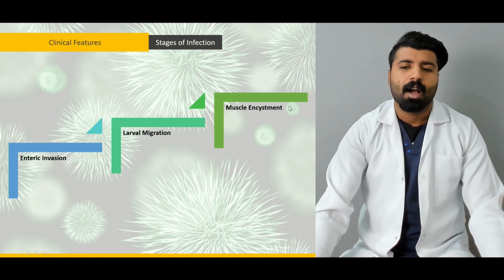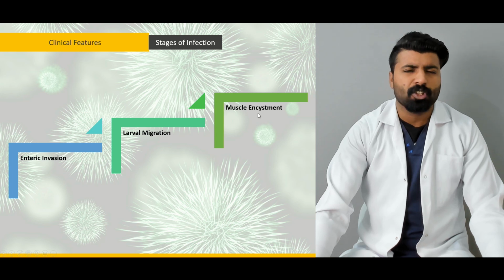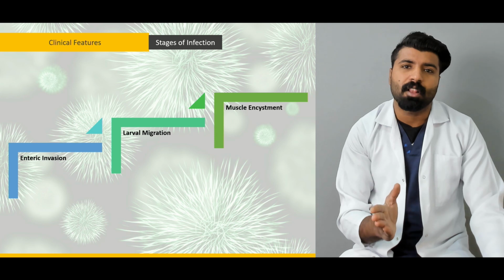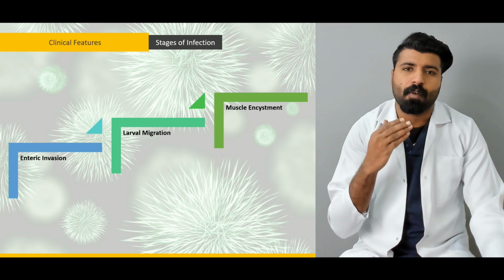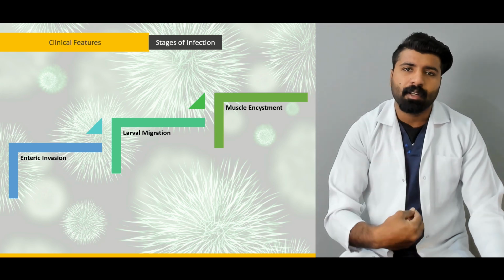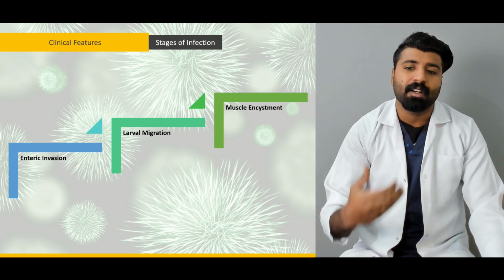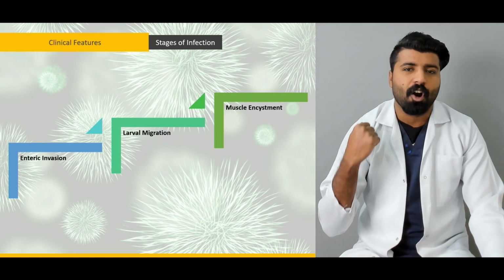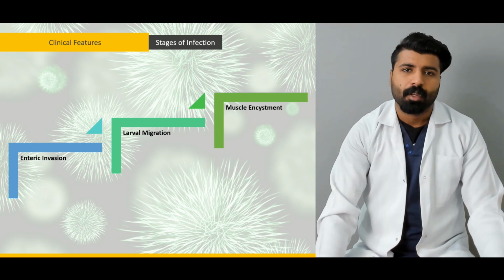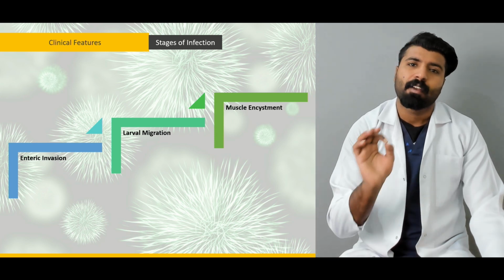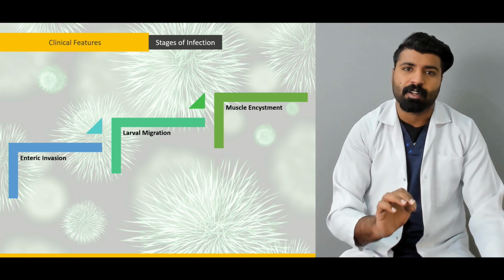Now these three are the stages of infection, not the stages of propagation. Infection meaning they are still making their way into our body. They got in, they migrated to your muscles, they got encysted there. That's their stage of infection. Once they got there, you are infected. It's not just in your entire system anymore. You are infected with this pathogen, with this infestant.